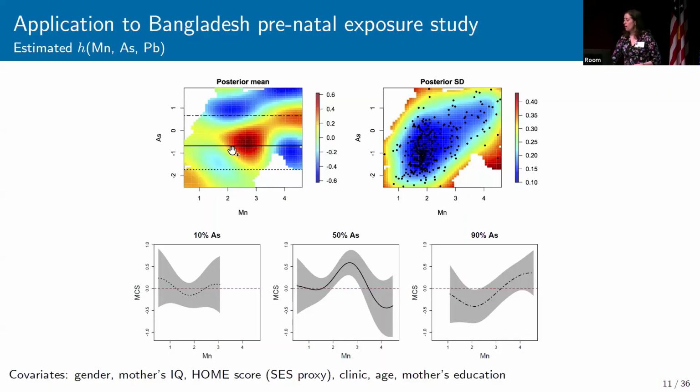And so areas of this region that are red are showing exposure values where you're having a higher neurodevelopment score, and then the bluer shading is showing where you're having a lower neurodevelopment score. This plot on the right is showing the observed location of our data points, and it's showing the posterior standard deviation, which is a measure of how uncertain the estimates are. So places that are blue are showing lower posterior standard deviation, so that indicates greater precision. So we really are estimating that exposure response function more precisely where we have more data.